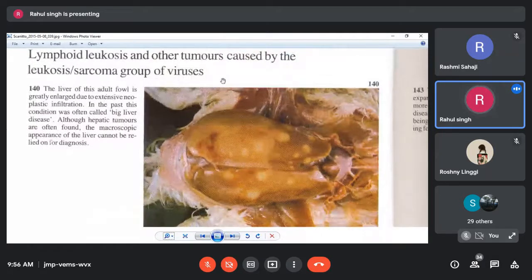Now this is the same big liver. You can see a very highly enlarged liver; the heart and the whole thoracic and abdominal cavity are totally covered by the tumorous liver. This is the heart, and it is totally covered, again the same thing as we have seen in Marek's. Very similar here, big liver disease, and you can also see in the parenchyma the development of individual lymphomas. Not only gross enlargement of the organ, but also development of individual lymphomas in the organ.